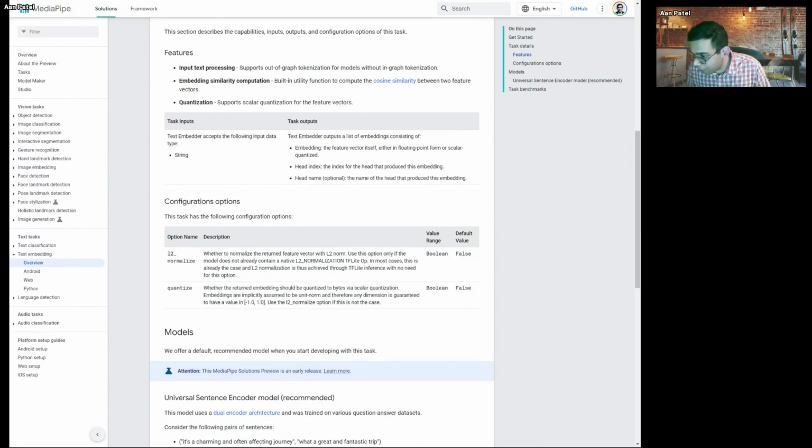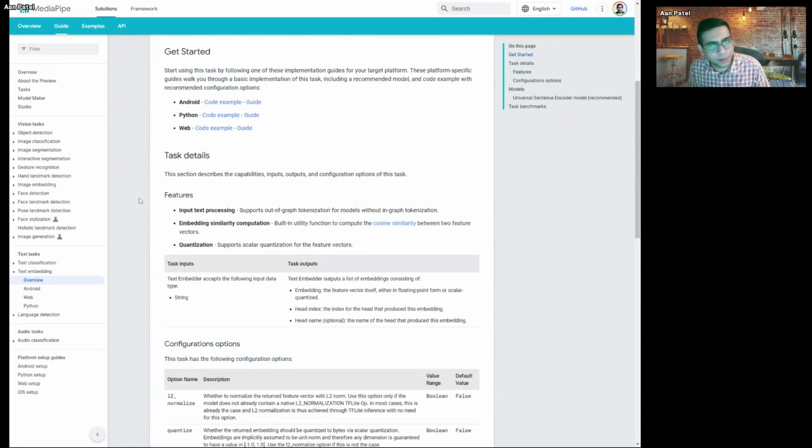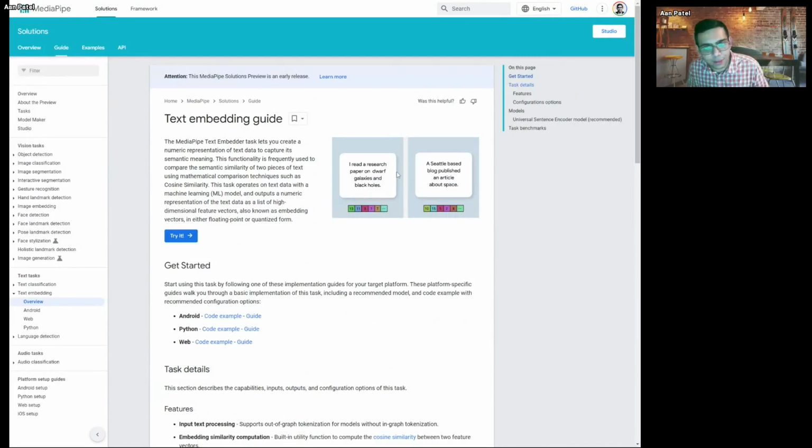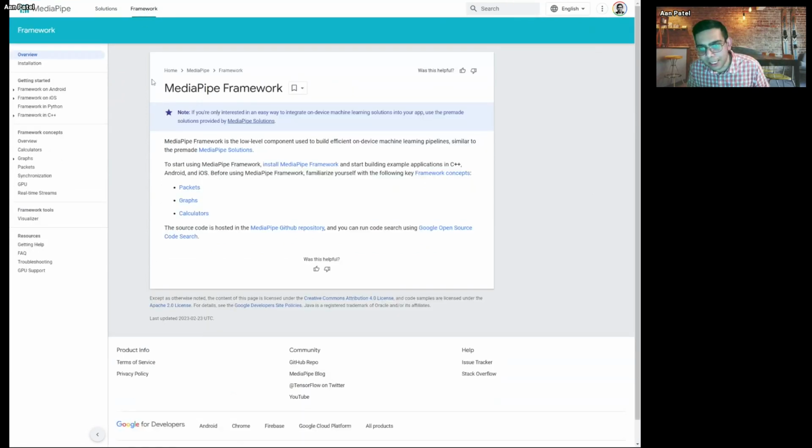Are there plans to have MediaPipe work with other TF models, like the ones found on TF Hub or Kaggle? I think MediaPipe itself is a larger framework, but as part of this workshop, the main focus was just the solutions, which are out of the box APIs with little code that you need to write. MediaPipe itself is actually bigger. So if you click on the framework tab, it tells you about MediaPipe as a framework that lets you build